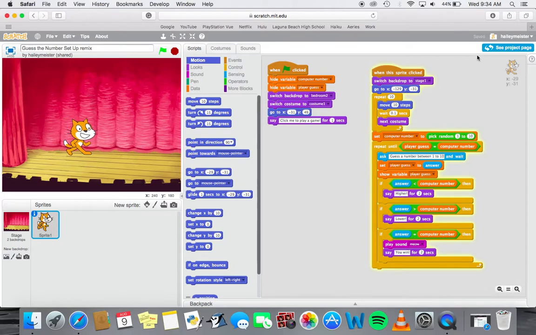So when you click him, he switches to the stage, which is over here. When sprite is clicked, switch backdrop to stage 1. And then he starts at these coordinates and then walks, repeats 10 times, so he moves like 100 steps, switching between the costumes so it looks like he's walking. So then the computer number is set to a random number between 1 and 10,